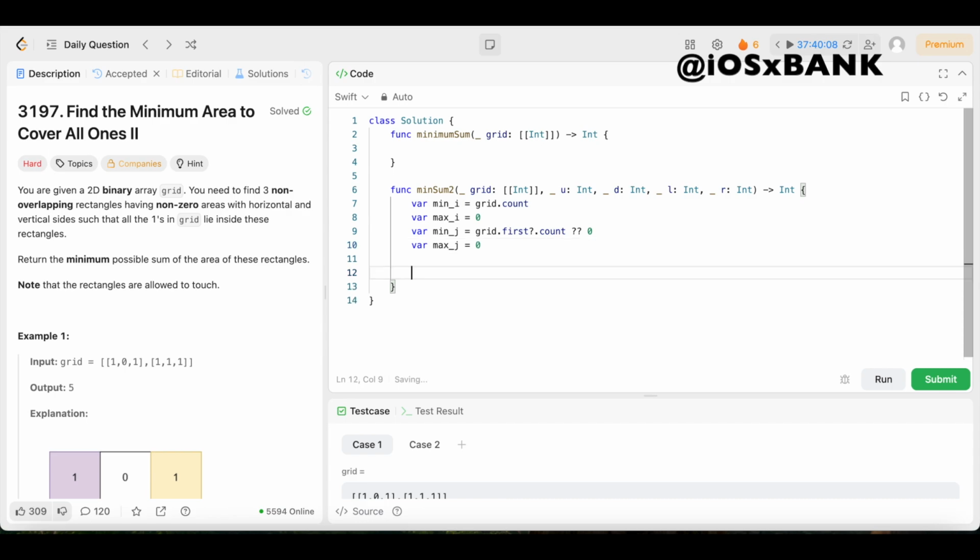Then we're going to iterate through the specified subgrid by saying for i in u dot dot dot d. We're going to open up the brackets. Then we're going to say for j in l dot dot dot r. We're going to open up the brackets. Then we're going to say if grid square bracket i square bracket j equals 1,